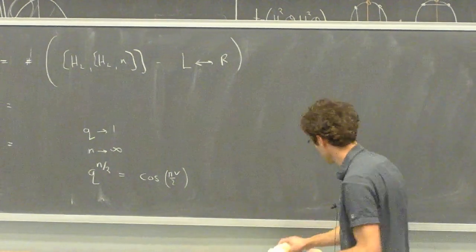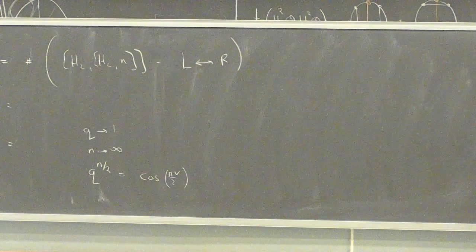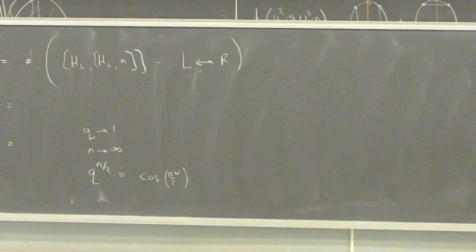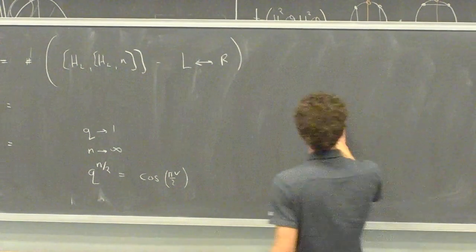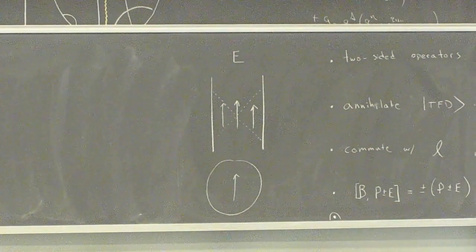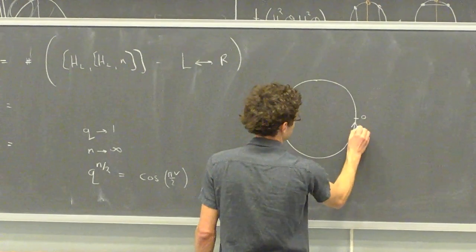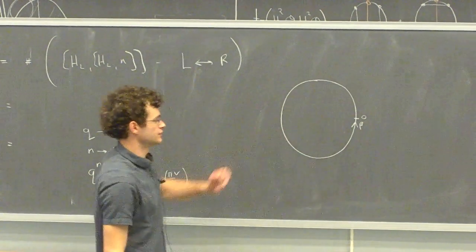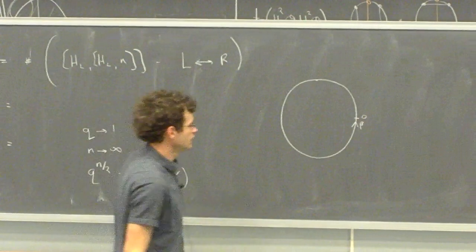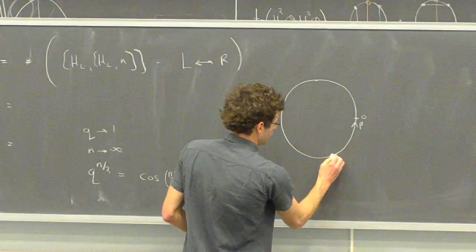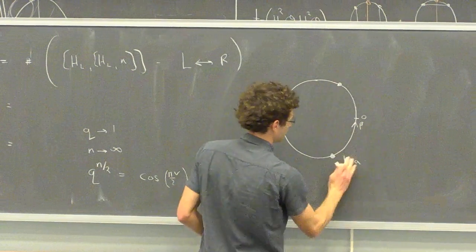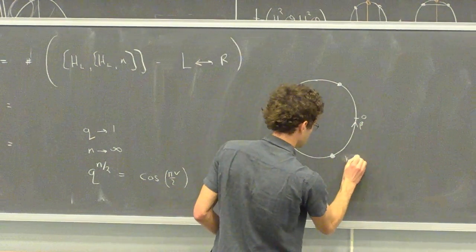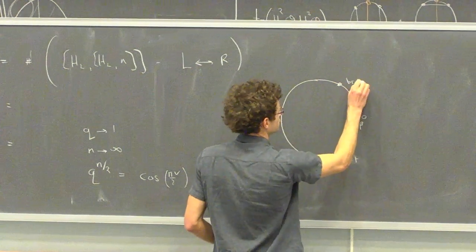And this is the main point I want to explain. It acts in the boundary in the following funny way. Let's take the actual physical boundary of length beta, going from 0 to beta. This is where the operators live in the thermal circle. And we can think about an operator living here in the bra, and an operator living here in the ket, and an operator living here in the bra, some matter operator.